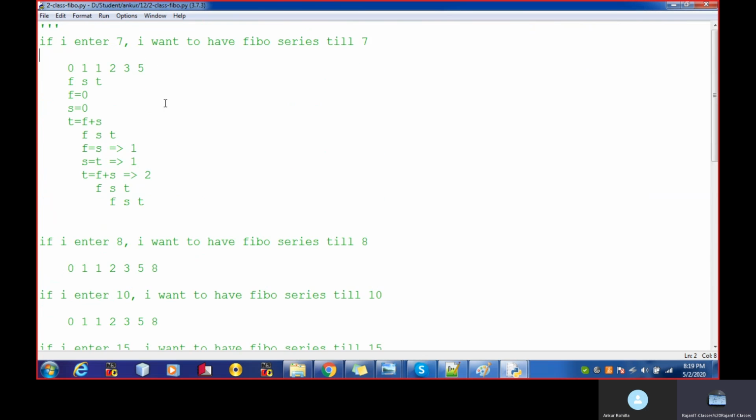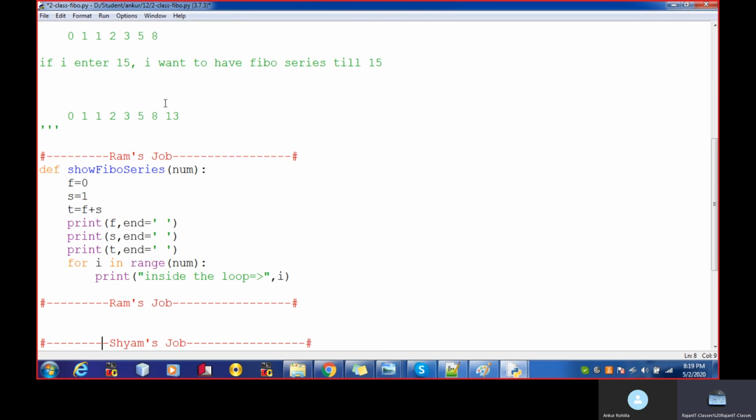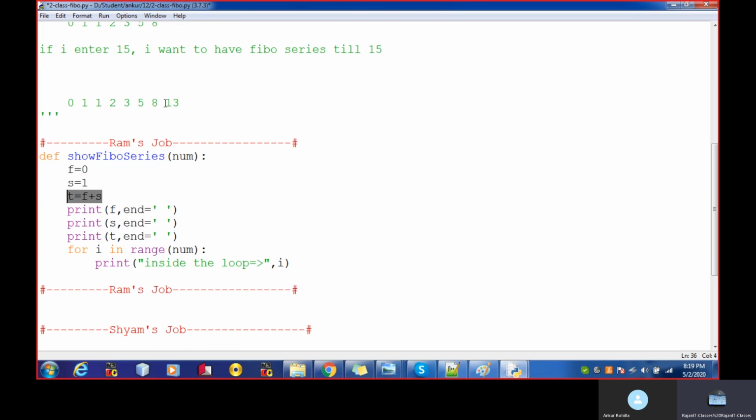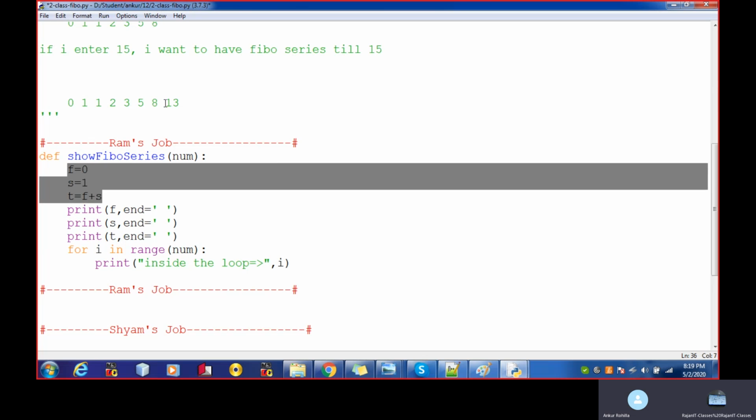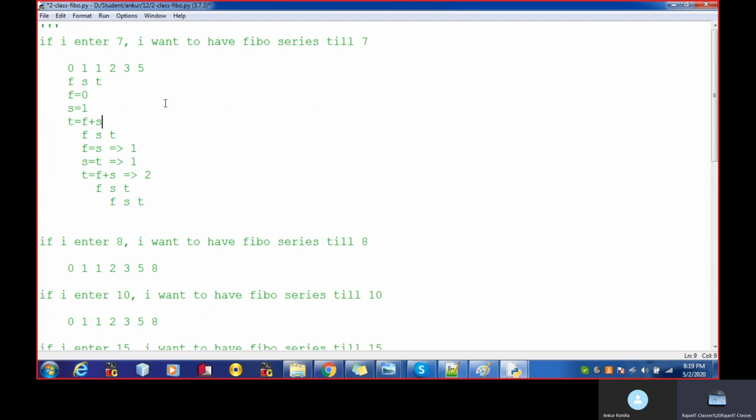If you see the logic over here, the very first time I have used these first three statements. I copied these three statements over here, the same statements. Now move to the next step: f is equal to s, s is equal to t, and t is equal to f plus s.